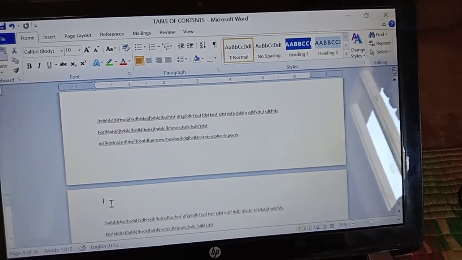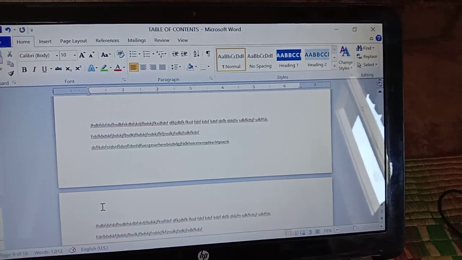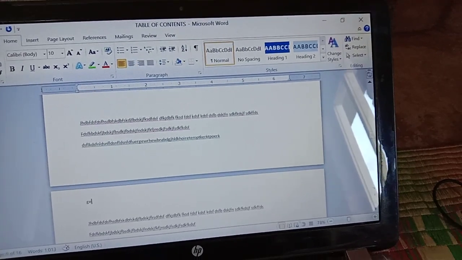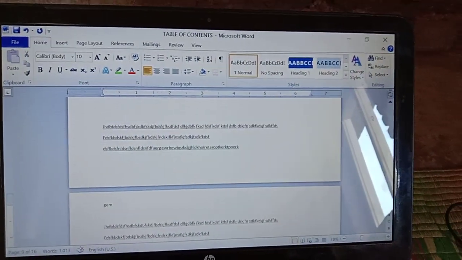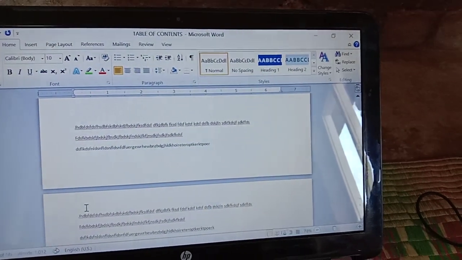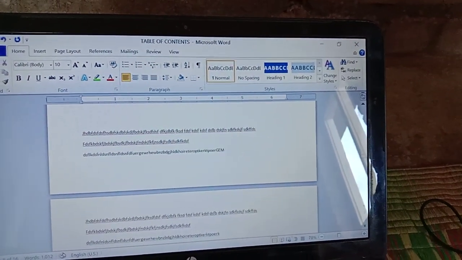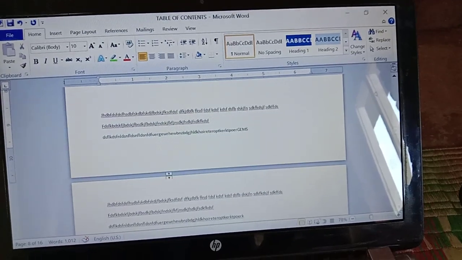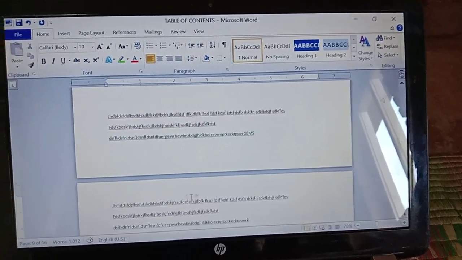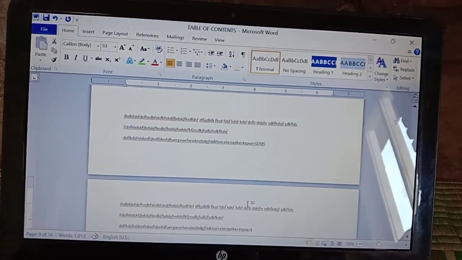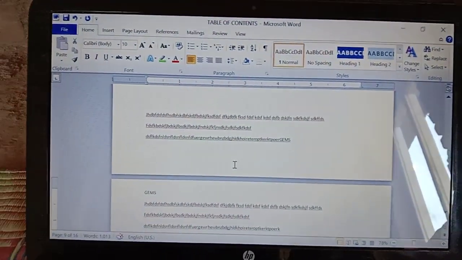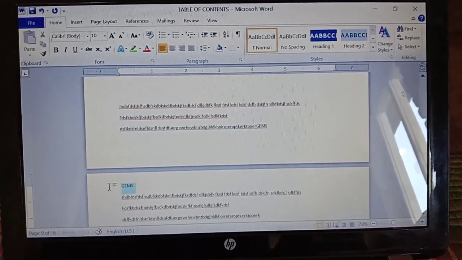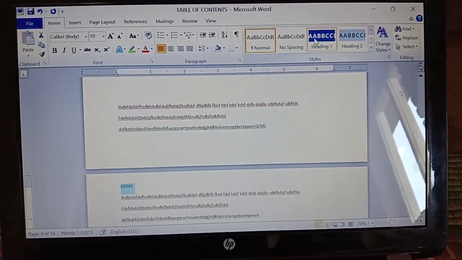Suppose I am adding gems, G, M. Yes, gems I am adding here, and again I am giving Heading 1.